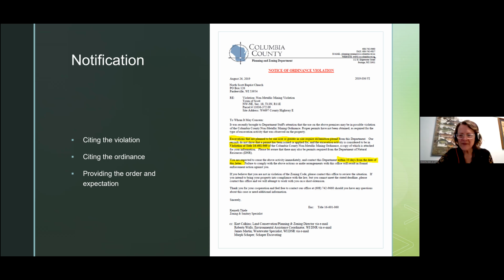My recollection on this is that they did indeed get their non-metallic mining application in and provided a reclamation plan and financial assurance. Ultimately, the Baptist Church did end up getting their parking lot, and the operator was able to provide that by excavating out a hillside to level it and create that parking surface. And the operator was able to cash in on the material that he removed from the site.